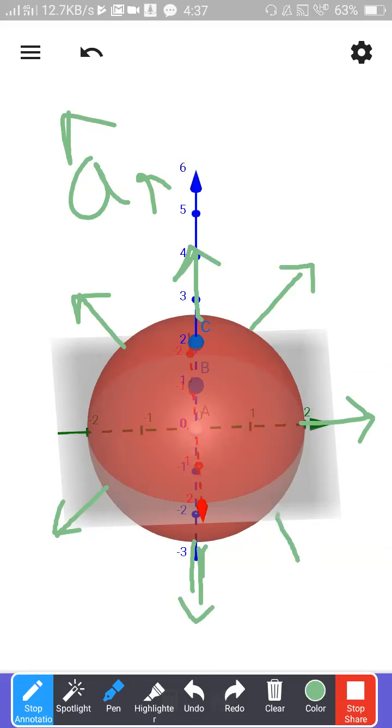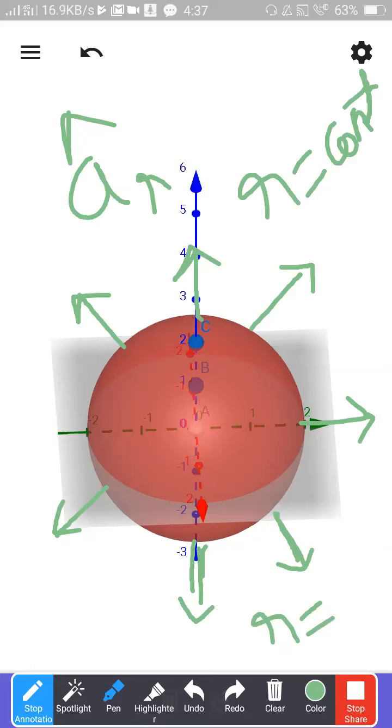Is it clear, sir, what I am explaining? I have taken a surface where r is equal to a constant. That is very clear. In this case, r is equal to some constant, around 2 or so. Again, I am drawing my unit vectors for that surface. Please always remember that a surface vector is always perpendicular to that particular surface. These are all called surface vectors. a_r is a surface vector of the surface formed by r equal to constant.